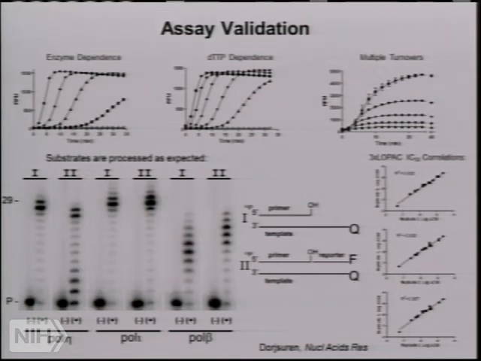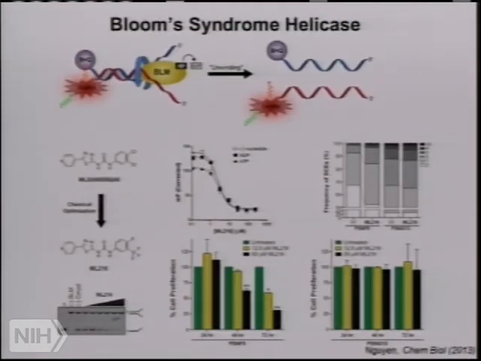We indeed depend on presence of the NTPs, on the enzyme to produce signal, that these substrates undergo multiple turnovers, and if you label them with fluorophore quencher as intended, but also with P32, you get the anticipated extension by the various polymerases. So the polymerases recognize these new substrates, and they actually do extend the primer. And this is the statistical performance of these assays in initial pilot screens.